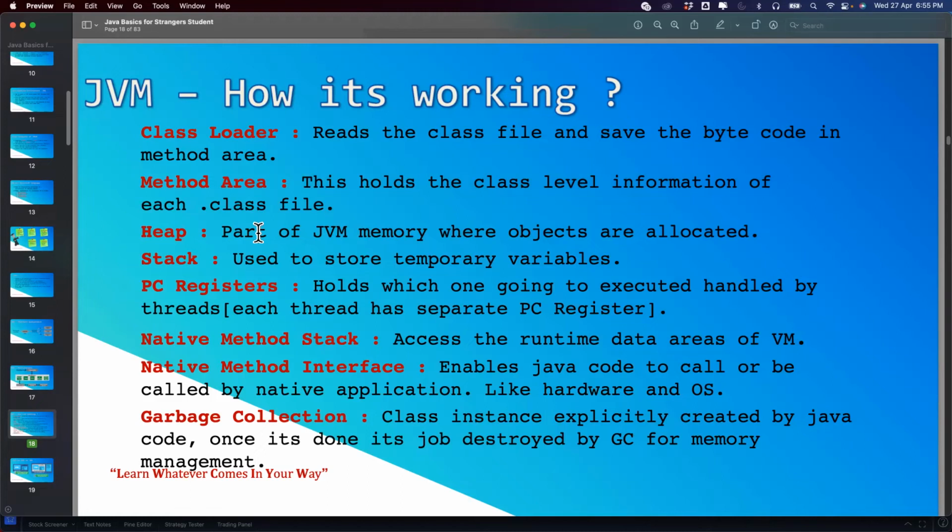And you might be asking then, what happened if something goes wrong? How do I identify what went wrong? I'll talk about that later. So method area contains all the method information, heap purely for memory objects. So now you tell me,